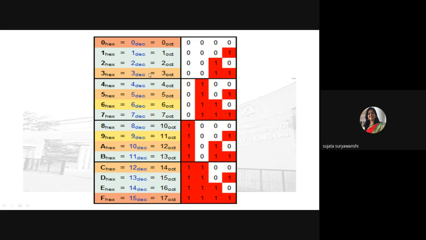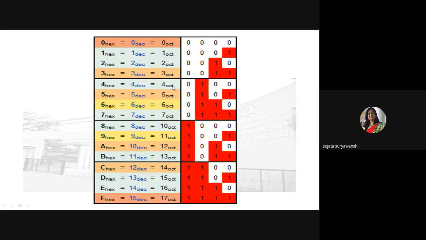After that, 3. How will you represent 3? 3 is equal to 2 plus 1. The second last bit and the last bit have weights 2 and 1, so 2 plus 1 is equal to 3. So simply write down 1 1 for the last and second last binary bits, and the remaining bits should be 0. After that, 4 can be represented by the third last bit, which has weight 2 raised to 2, that is equal to 4. So simply 1 should be at the third last position and the remaining bits should be 0, as this bit has weight 4.